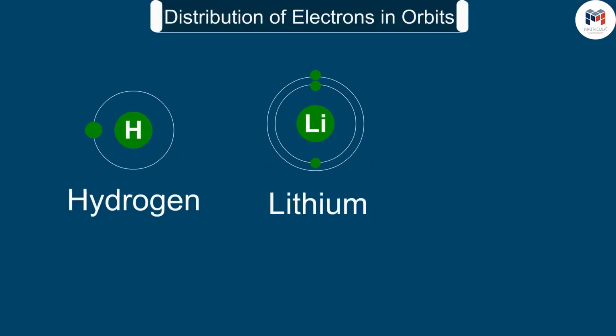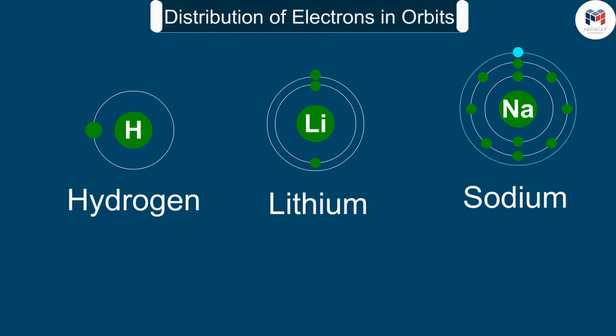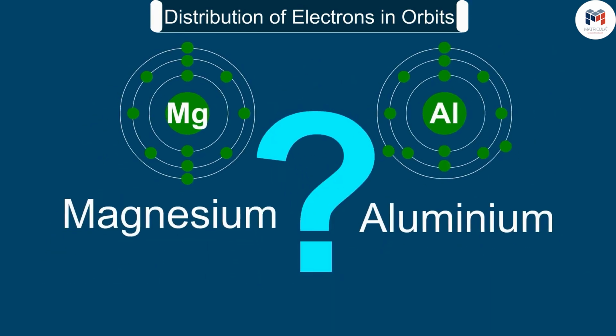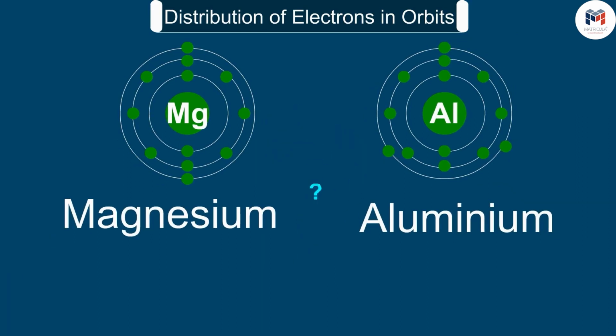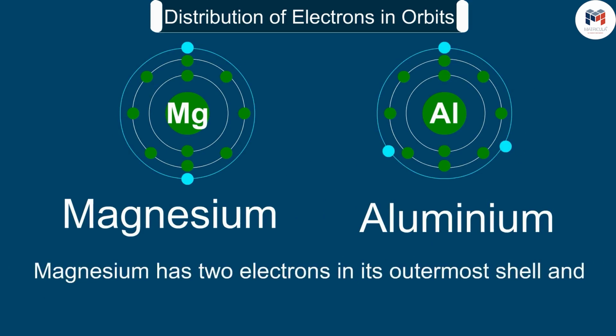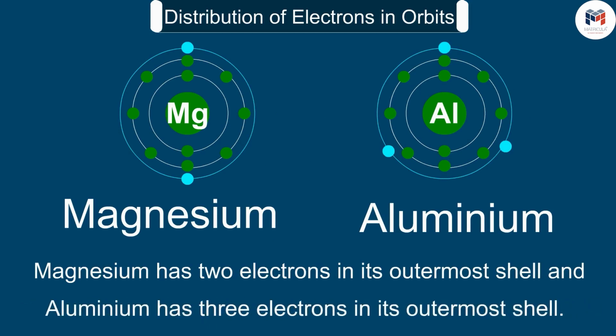Hydrogen, lithium, sodium atoms contain 1 electron each in their outermost shell. Therefore, each one of them can lose 1 electron. So, they are said to have a valency of 1. Can you tell what is the valency of magnesium and aluminium? Absolutely correct. It is 2 and 3 respectively because magnesium has 2 electrons in its outermost shell and aluminium has 3 electrons